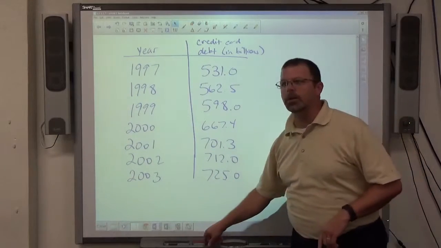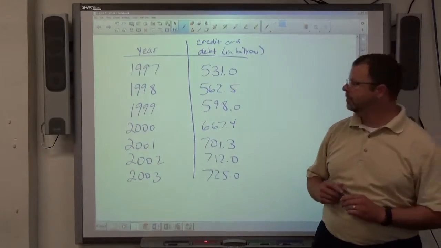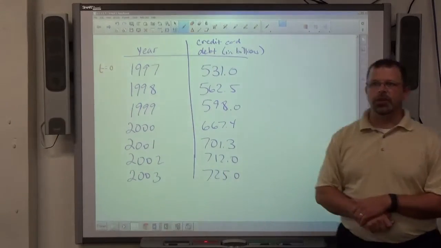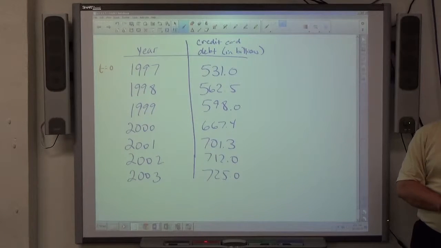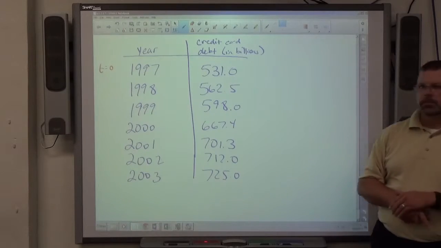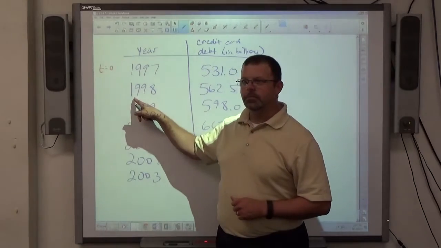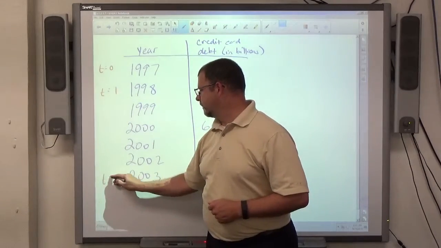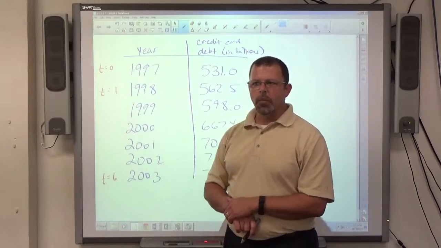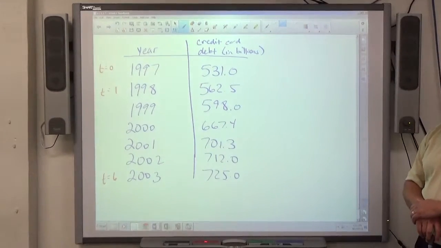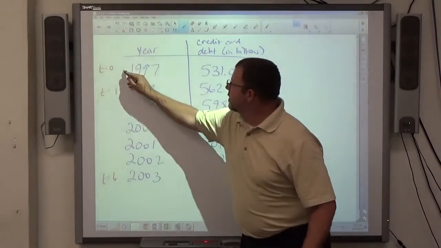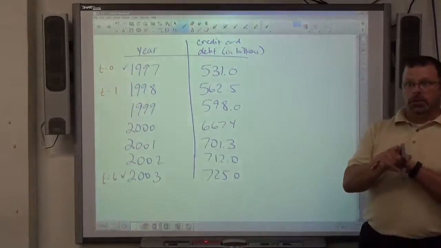Let me show you one other thing the book does quite often in these year problems. They assign a value to the first year as 0. The beginning year in this problem we'll say is t equals 0. So this would be t equals what? 1. Very good, 1. And 2 and 3 and 4 and 5 and 6. Now what does part A ask us to do? Using the data for 1997 and 2003, construct